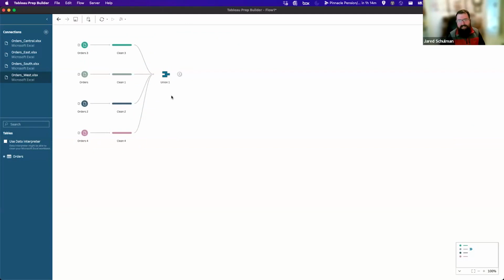At the time that I last ran into this, there was a limit on inputs for a union step, and I think it was 10 inputs. And so if you had 10 different things coming into a union, you would have to union that union to another union. I don't know if they've increased that limit or not, but if you do have 10 inputs going in, you can union the next one to it and just start a new union and a new group of 10.